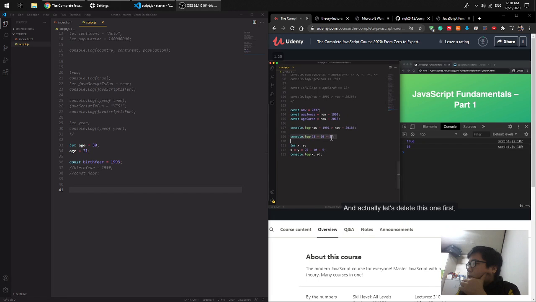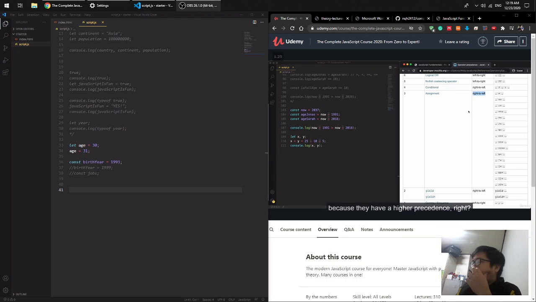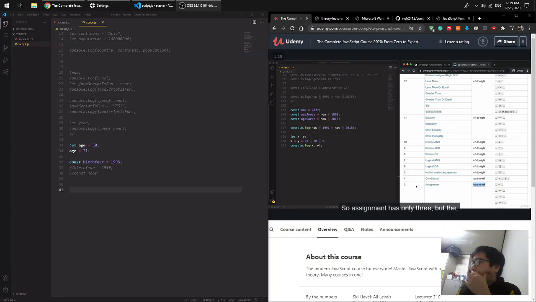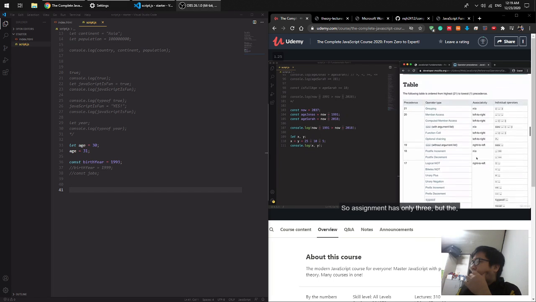And actually, let's delete this one first, so as to avoid some confusion there. And so, we see that x and y are both 10. And so let's analyze why that happens. When JavaScript first finds this line of code to execute, it will look at all the operators that are present, and it will see the minus operators, and so it will start with these because they have a higher precedence. Right? So assignment has only 3,